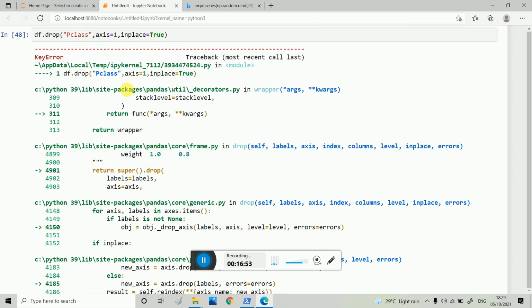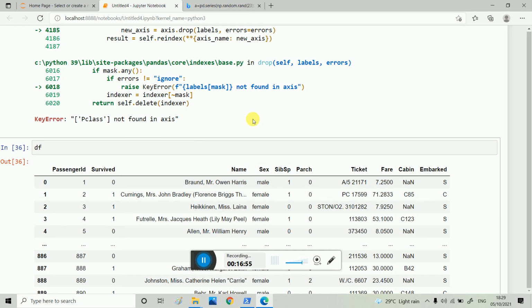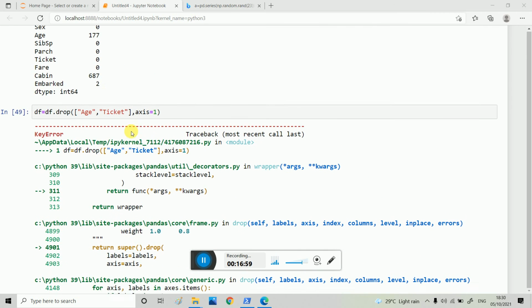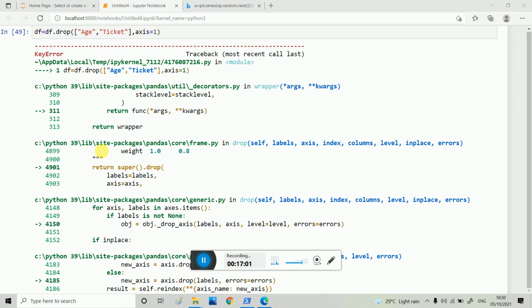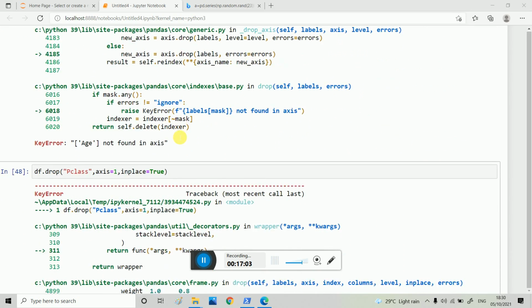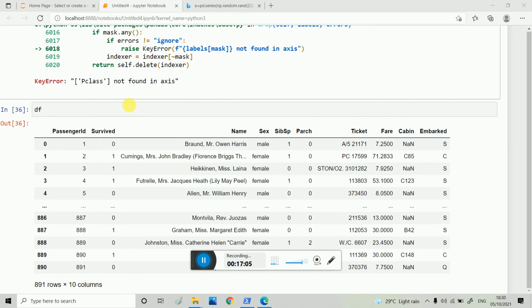So this will give me an error because age is already deleted. That's why it gives an error that age is not found.